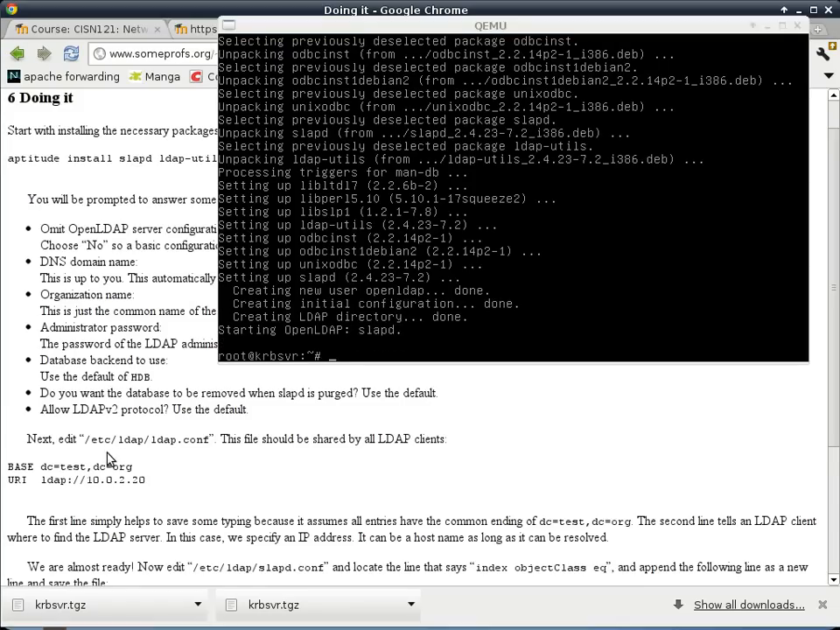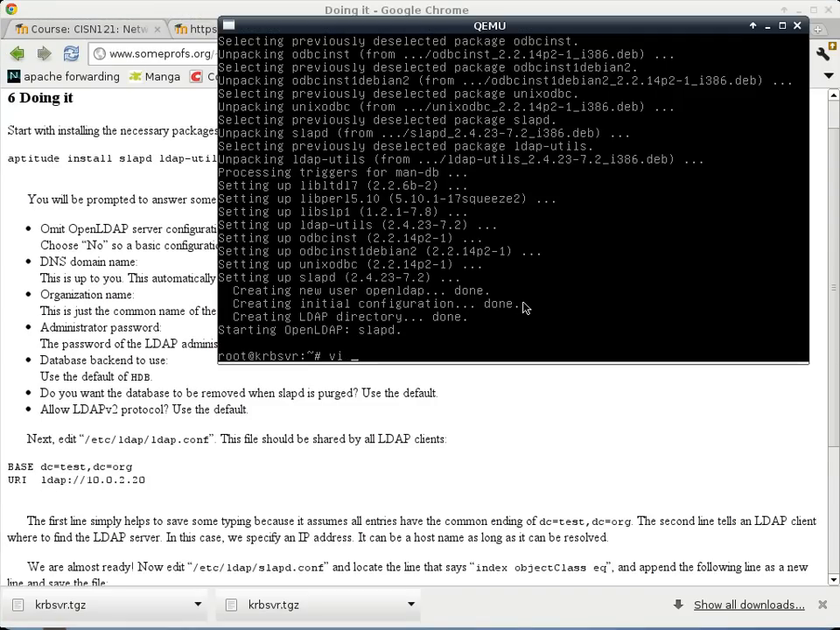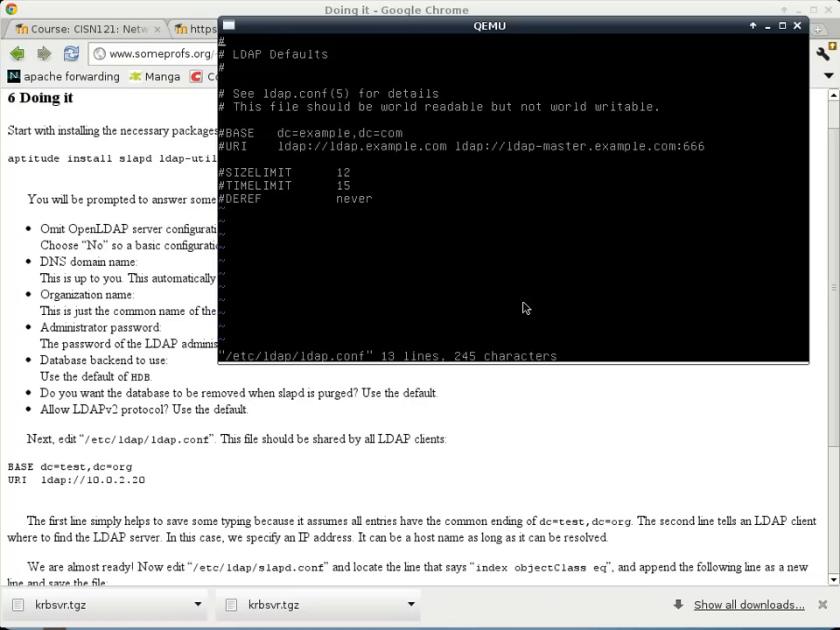And the next step is to edit the configuration file, and we have to specify these 2 lines. So I'm using VI. You should use Nano if you don't like VI. That's the only other plain text editor that is already installed. So the first thing we want to do is to uncomment base, but also at the same time change DC, which is